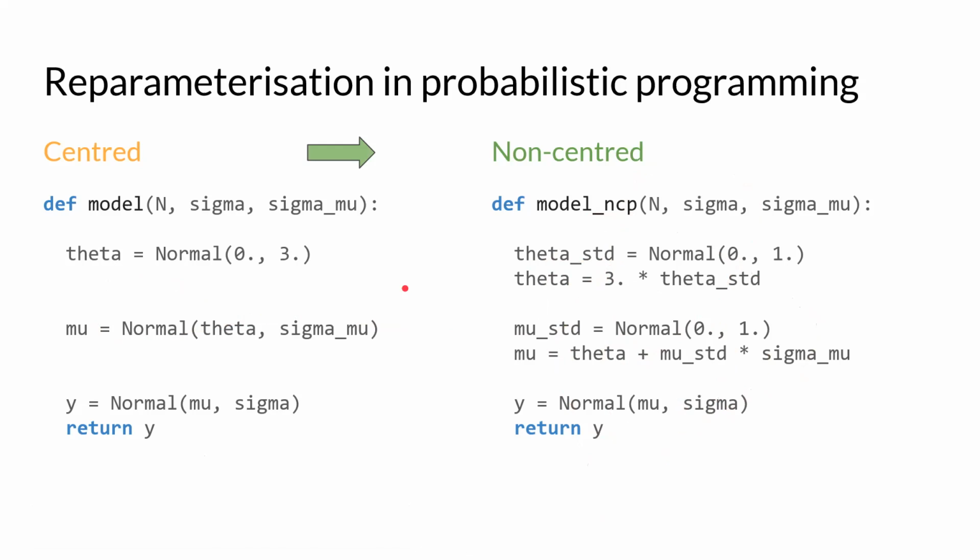Okay, that's all great, but this still doesn't answer the question of how do we actually make a decision what should be centered and what should be non-centered, and also how do we do that per variable. Yeah, it seems like we have a lot of work to do here.